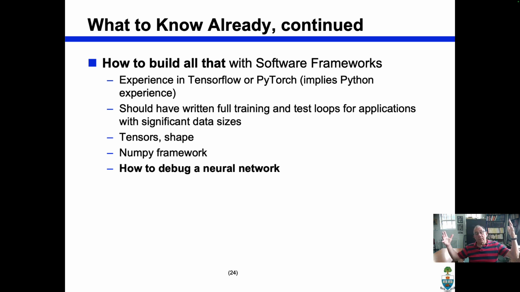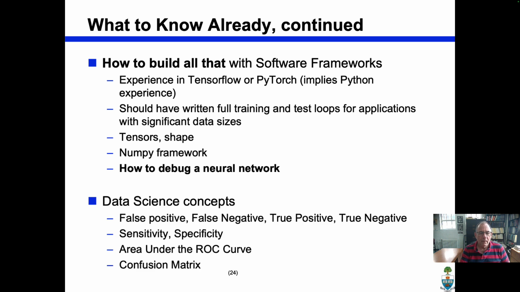And something crucial that every engineer needs to know how to do. What does an engineer know how to do? An engineer knows how to make things work. Nothing works when you first build it. You must debug it. Debugging is a whole skill that you have to have as a software engineer. How do you debug a neural network? Well, that's a big deal. It's not the same as what it was before. And so that's something you need to have touched before, or else you're just going to run into enormous trouble in this course.